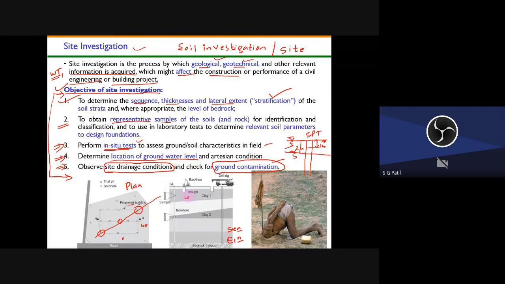In this sectional elevation, this is layer 1, and this is 2, 3, 4, 5, and this is the bedrock. Once the variation is very high, I can drill some more boreholes here, to confirm that the cross section I obtained through this one is the same as the cross section I obtain through this one also. Then I can fairly come to a conclusion about the type and the variation of the soil and its depths.